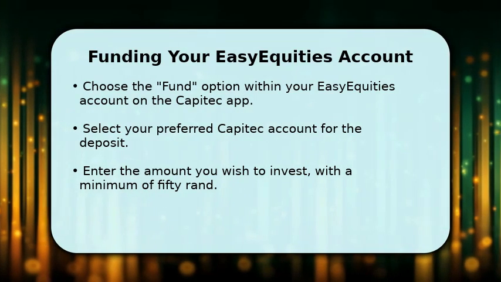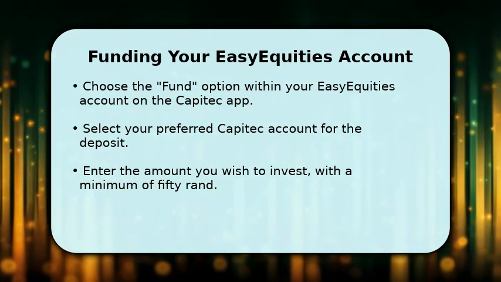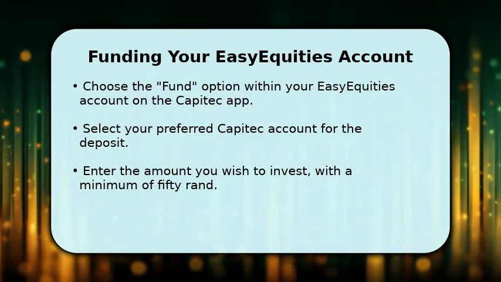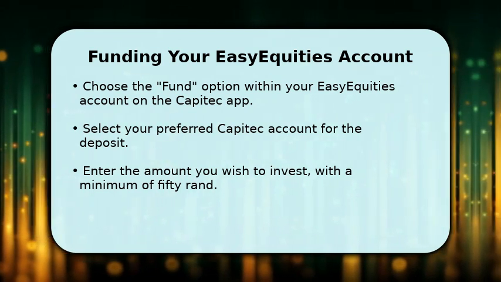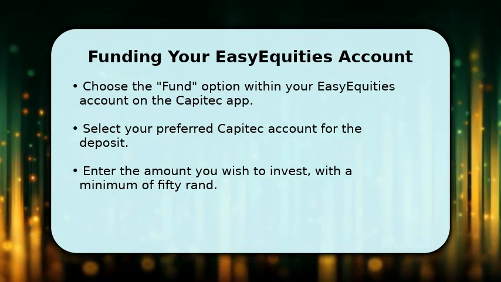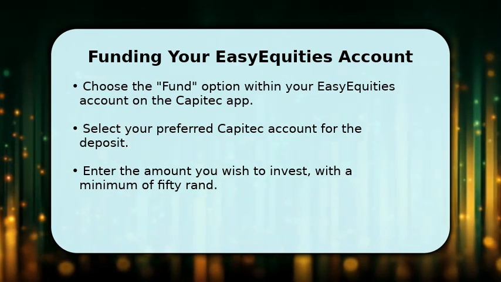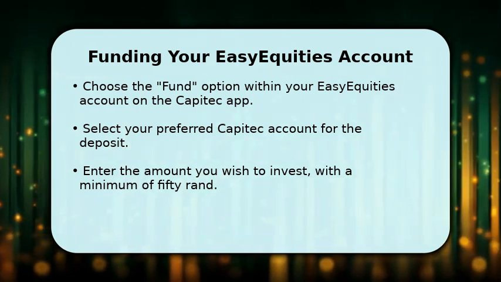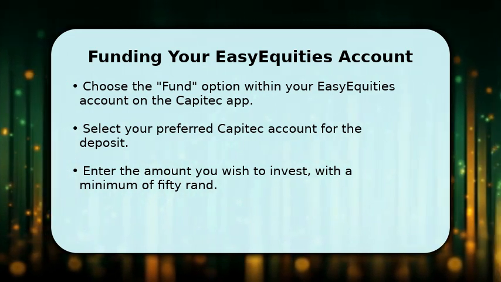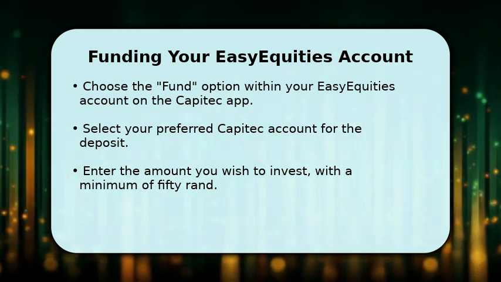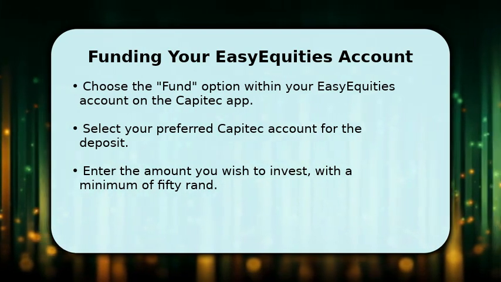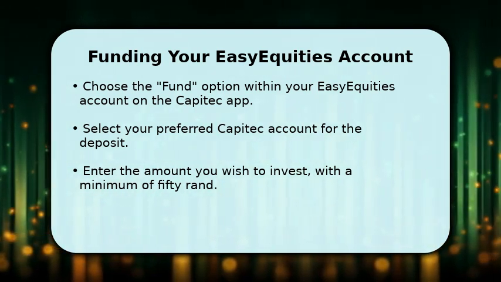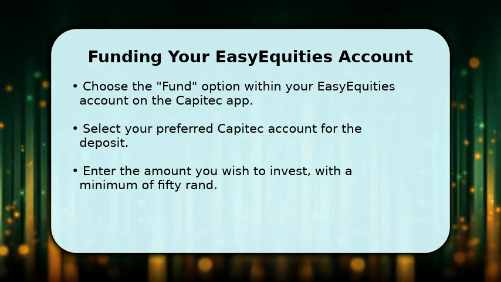Once your account is set up, funding it is simple. Navigate to the Fund option within your Easy Equities profile on the Capitec app. You will then select which of your Capitec accounts you wish to use for the deposit. Enter the specific amount you want to invest. Remember, you can start with as little as 50 Rand. Confirm the transaction, and your funds will typically reflect in your Easy Equities account within minutes, ready for you to